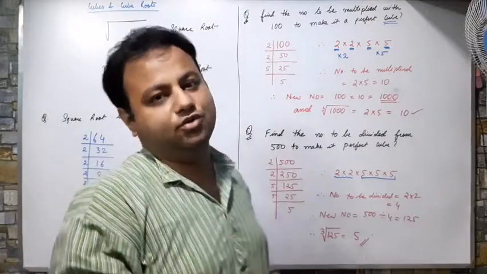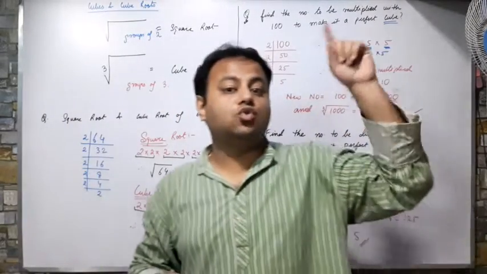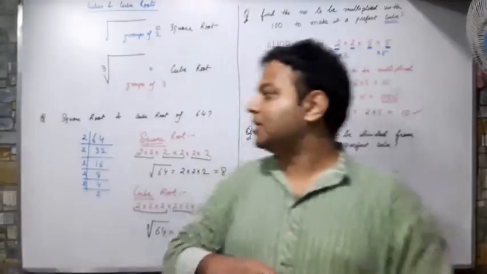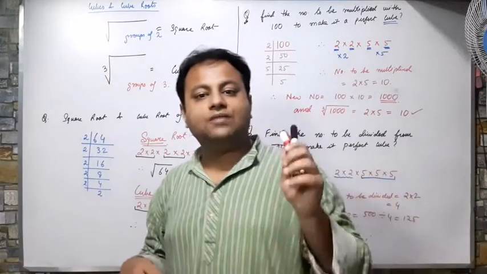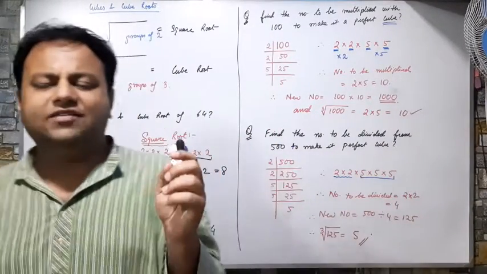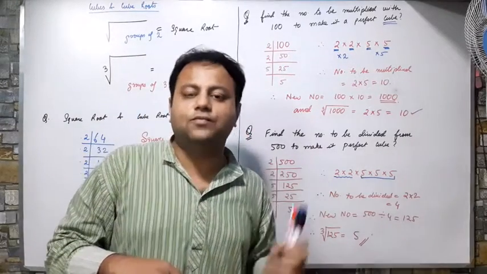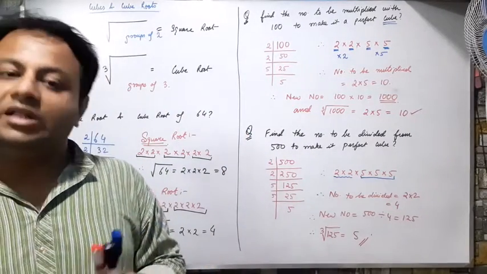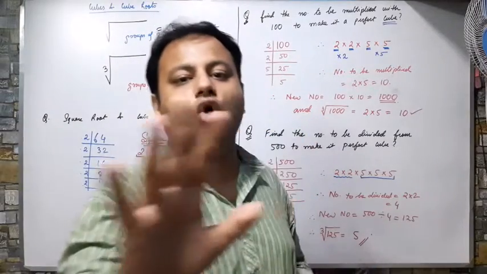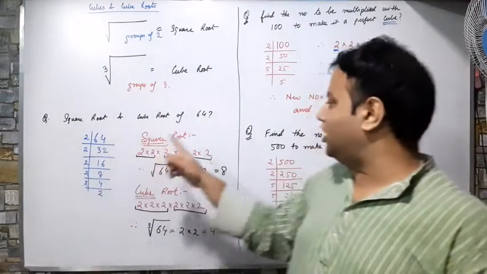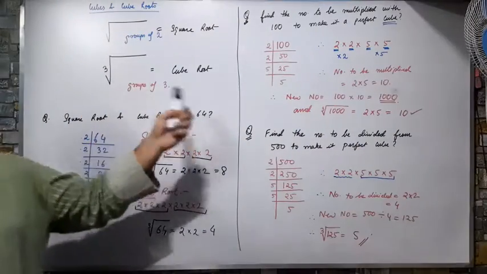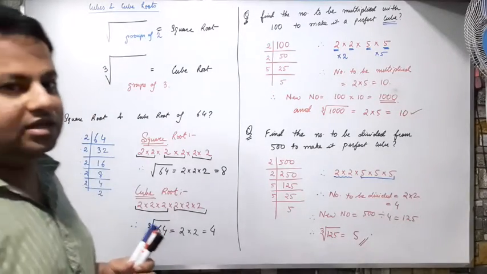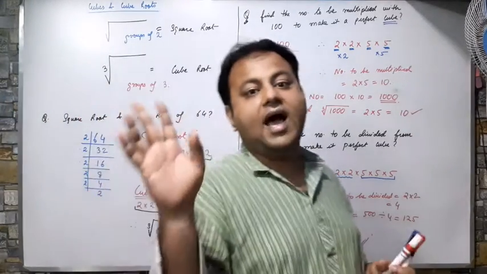Now there is some good news. In the case of square roots, we had to calculate the square root using the factorization method, the long division method, and finally estimation. That long division method was a bit tough, and most of you would have faced problems in it. The good news is that there is no such long division method for cube roots. You have only the factorization method and the estimation method. The factorization method is complete, so let me tell you the estimation method. Last topic, estimation method.